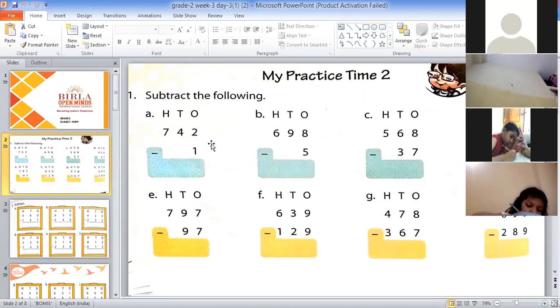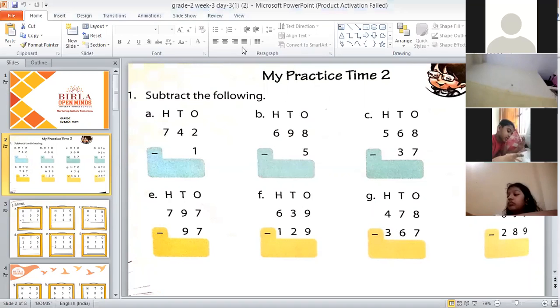Now again same procedure. We'll start subtracting the number in ones place first. Dhriti, unmute yourself and tell me. First bit, 2 minus 1 is how much? 1. Very good. So we will write here 1. In tens place, what we will write? 4. Yes, we will write 4 as it is because we don't have any other number here. And in hundreds place? 7. 7 will come down as it is because there is no other number in hundreds place. So answer is 741. That's the correct answer. Very good, Dhriti.